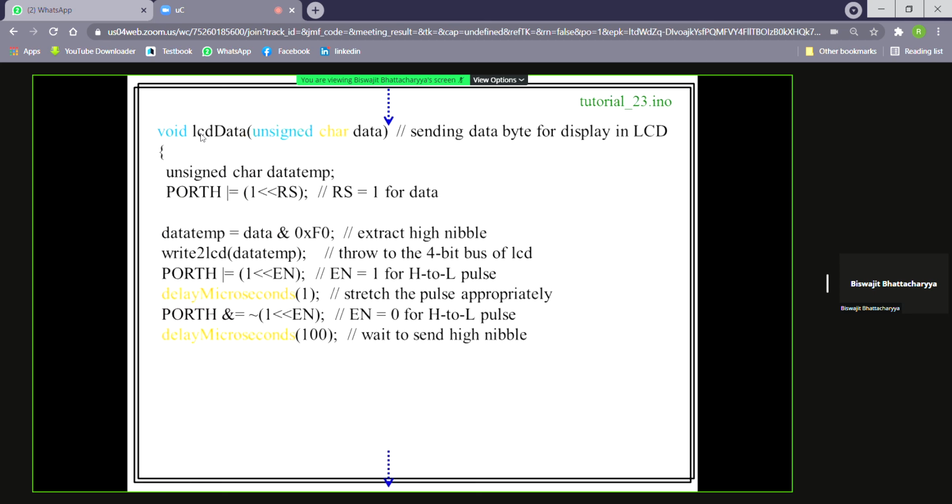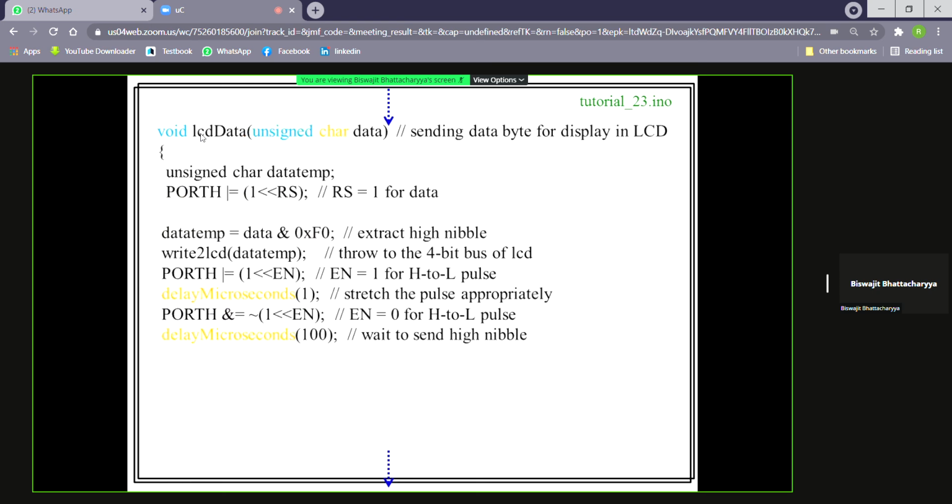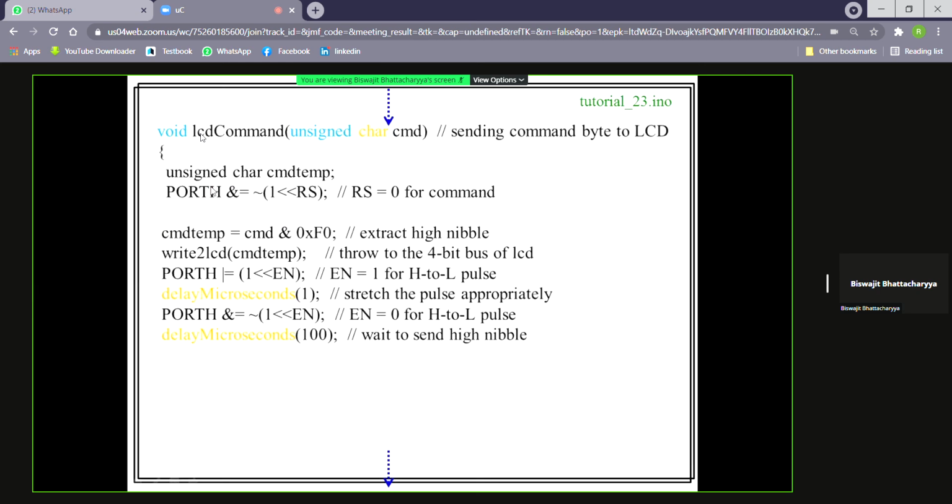So our LCD data is a function, the same as LCD command. The only difference is RS equal to 1, while in the LCD command RS is 0. Otherwise things are the same. You see, just RS equal to 1. Just this line is different.